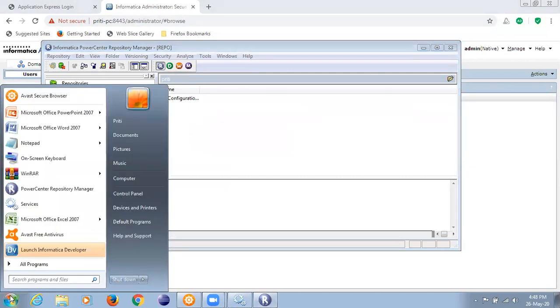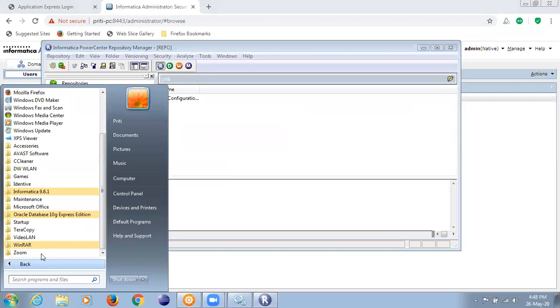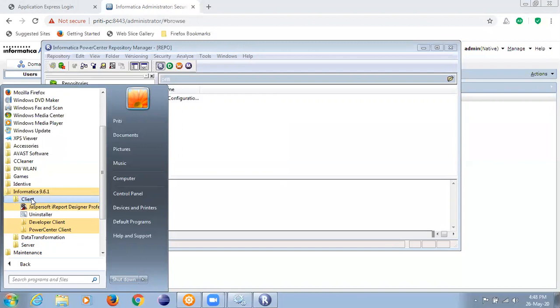As I said, the client is something in which the developers and testers will be working. So the things which we started yesterday, as you can see now, the Informatica architecture is divided into two sections: server and client architecture. Server you are able to see here because we are everyone here. But when you work in an organization, this server option will not be there because the server is installed on some other machine. Making sense? So on your machine, only the client will be visible, because you are a developer and tester, so you have to work only on the client, not on the server.